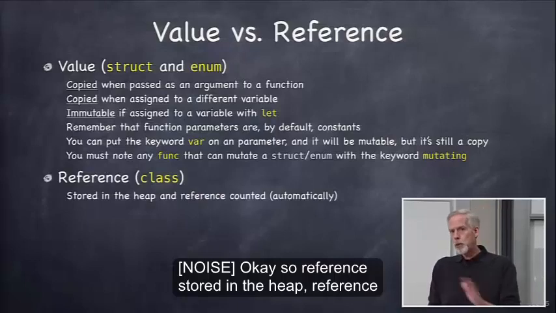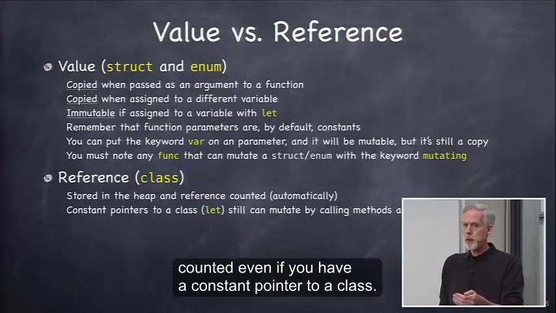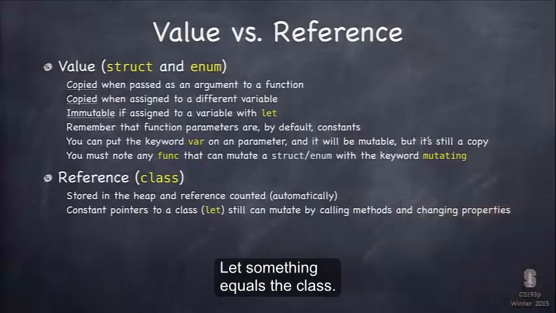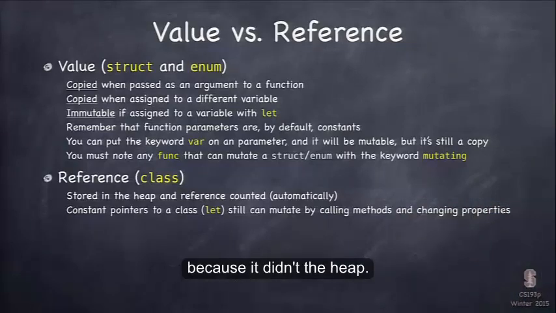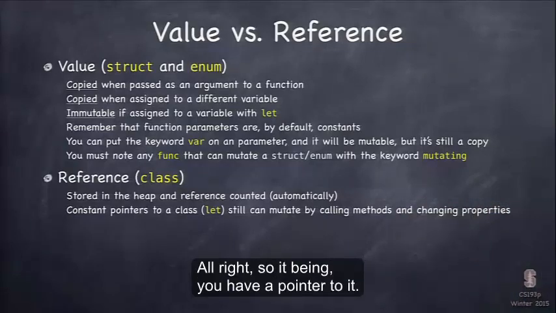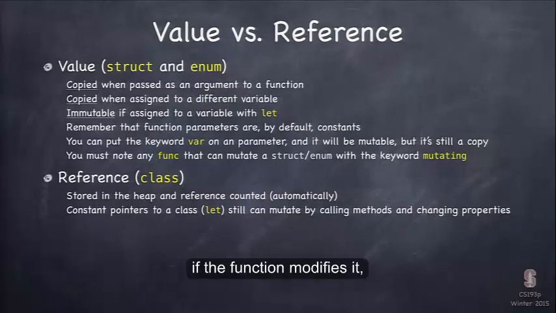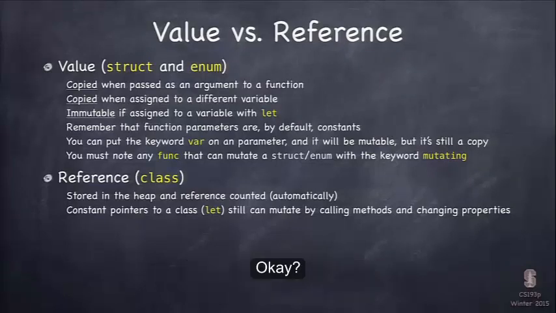So reference types are stored in the heap, reference counted. Even if you have a constant pointer to a class, let something equal the class, you can still send messages to that thing that can mutate it because it's in the heap. All right, so you have a pointer to it. And when you pass it to a function, you're passing a pointer to that thing. So if the function modifies it, it's modifying the thing back where it was called. Okay, so